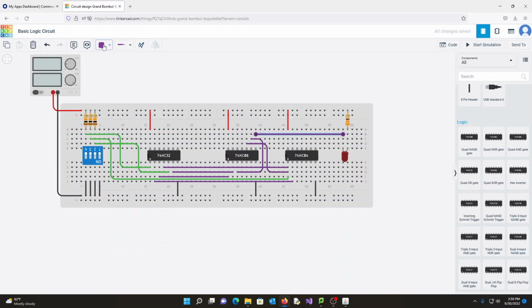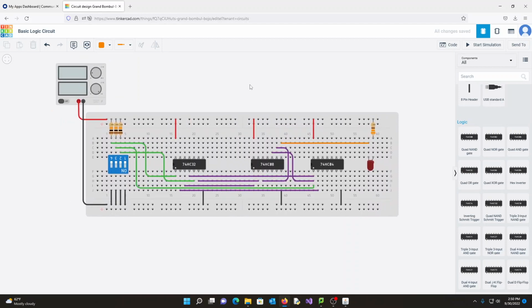Okay, and we'll just make that orange there. Okay, so I believe that's hooked up correctly. And so if I look, yeah, this is just a simple AND gate with A and B. So what should happen then, if we start the simulation,